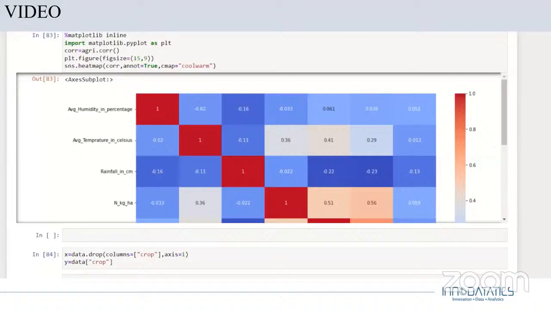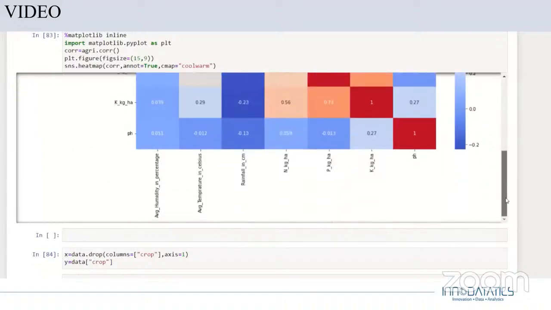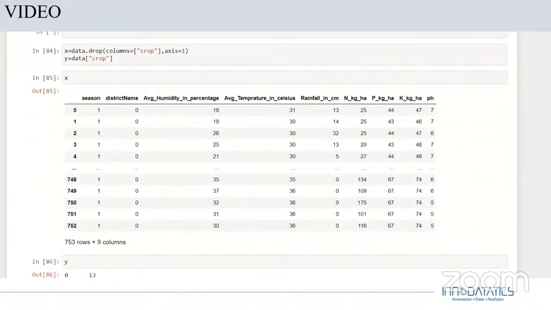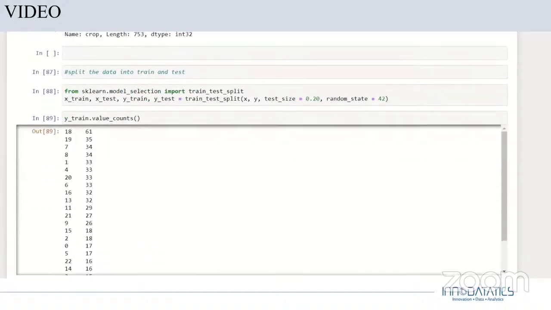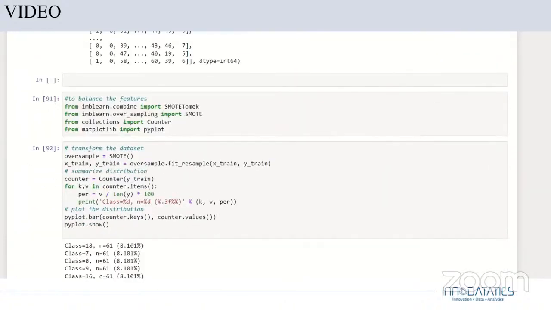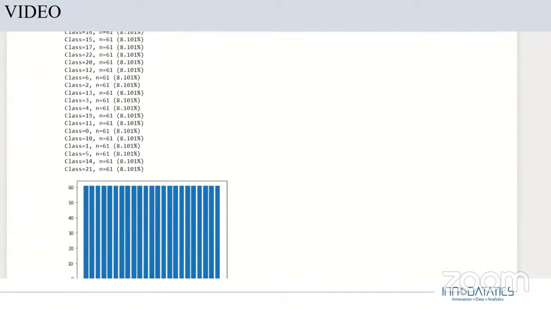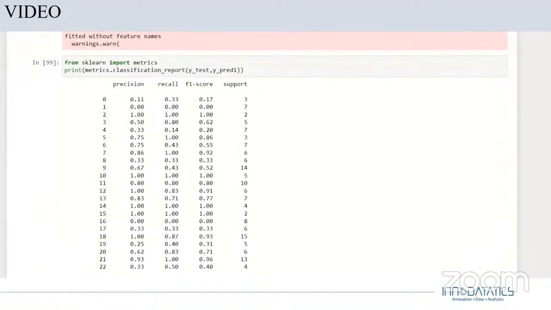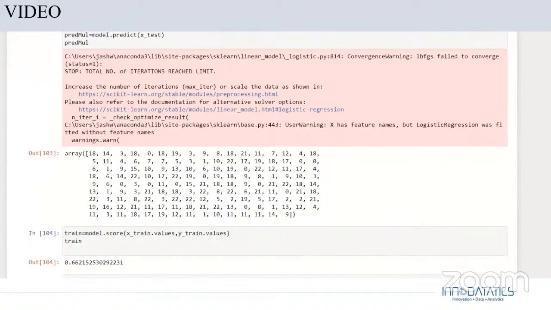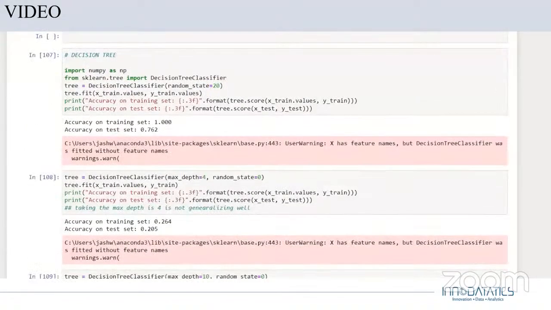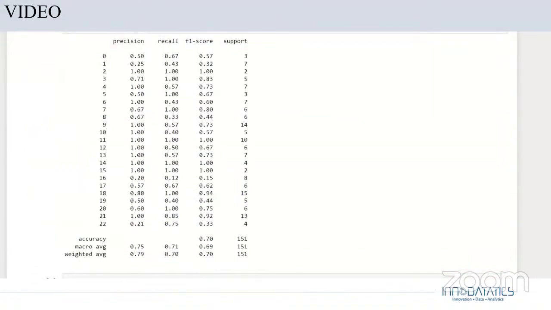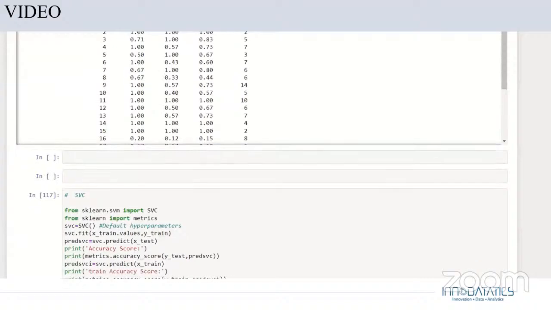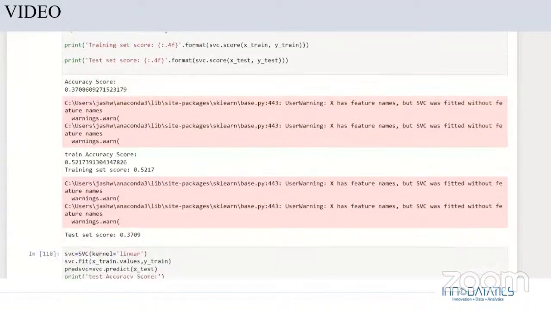We have displayed the heat map to look at the visual summary of the information. Then we split the data into train and test, that is 80 and 20%. Since our data was imbalanced, we used the SMOTE technique to balance it out. And then we applied different models. Amongst those, we selected SVC for our application based on the accuracy, and we also calculated its F1 score since our data is imbalanced. The closer the score is to 1, the better the model will be.